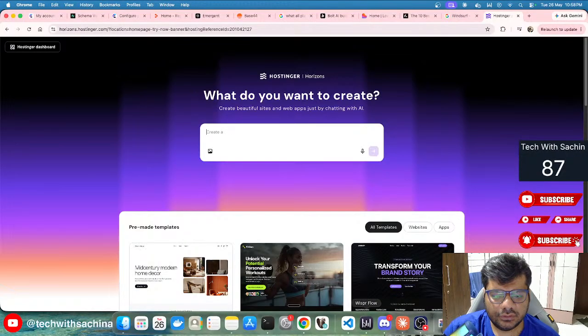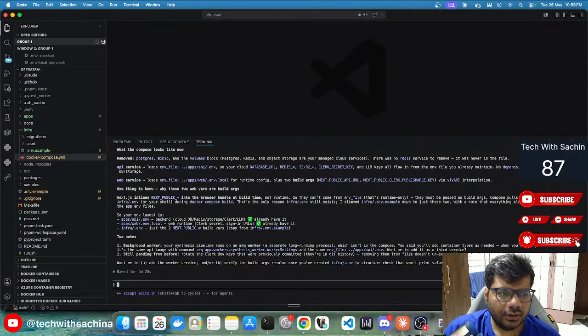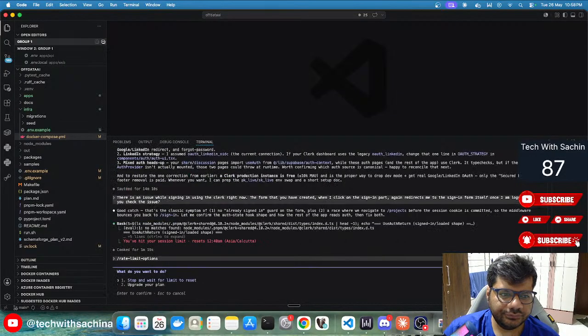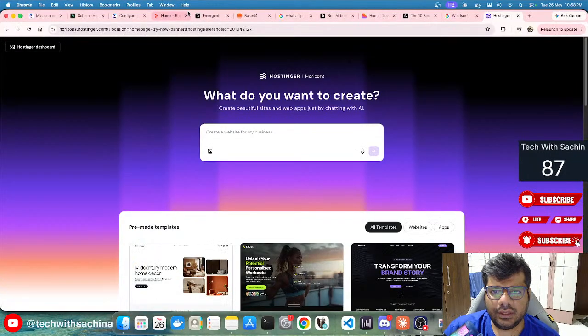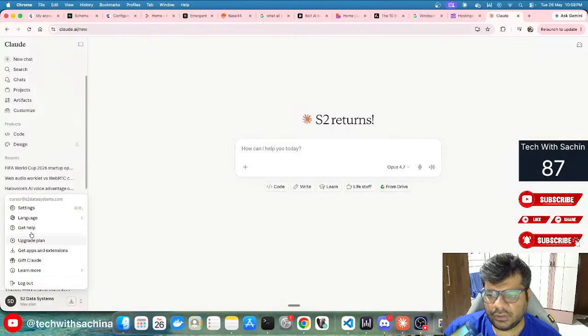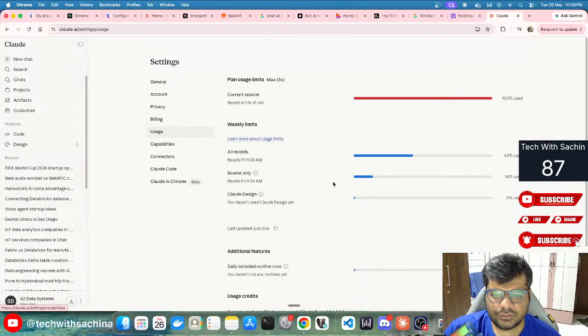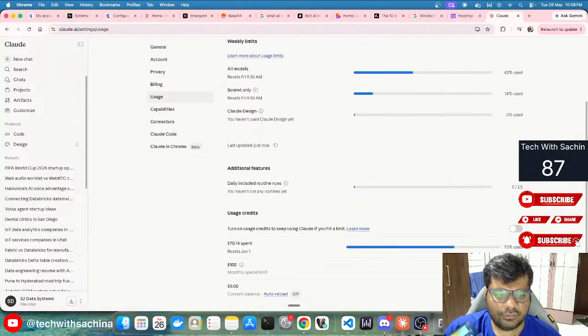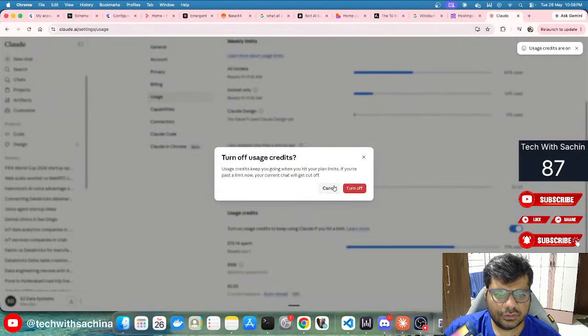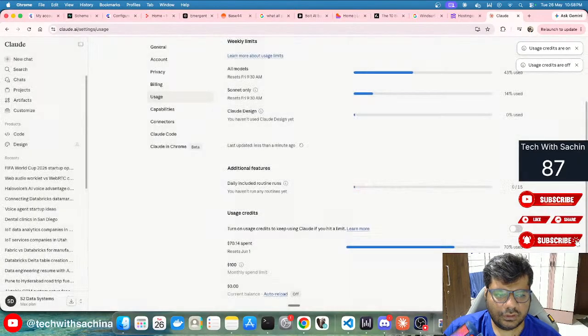Now the problem is I can't export anything for Offdata AI from here since our Claude subscription is done. One thing I can do is I have a few credits left in Claude, I can use it to export a few things. Settings, usage. Okay, it's asking me to turn on usage credits.